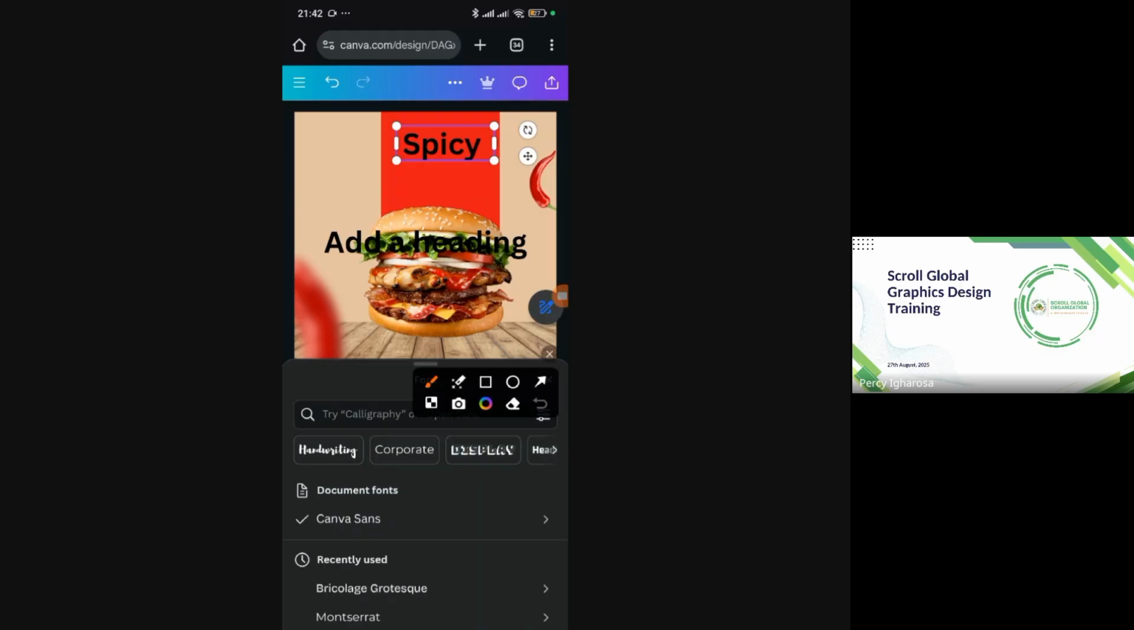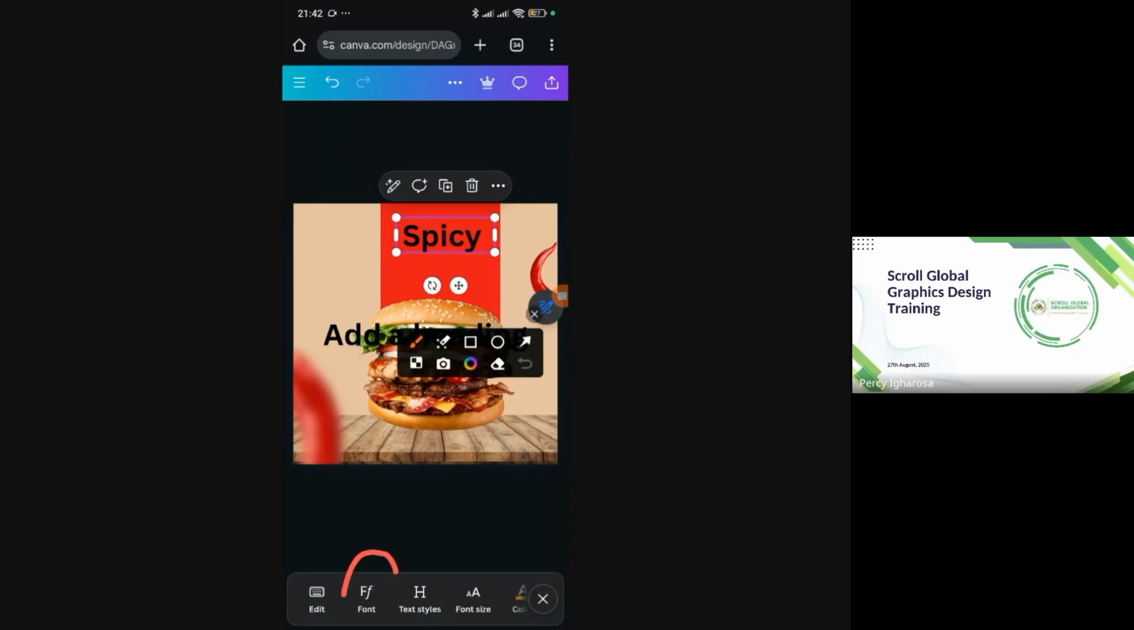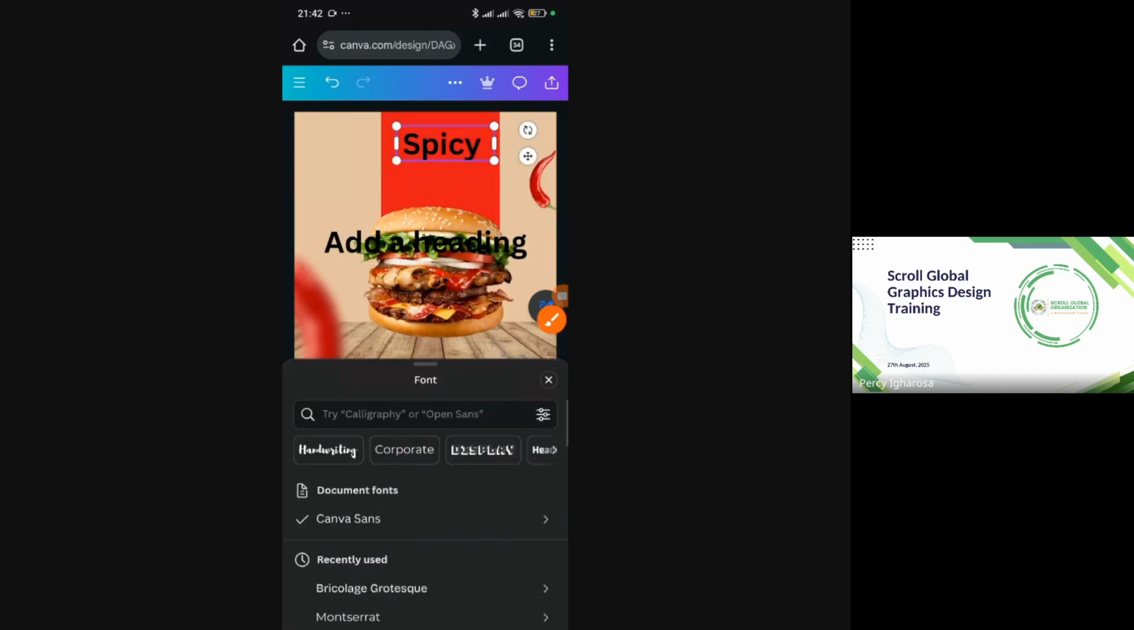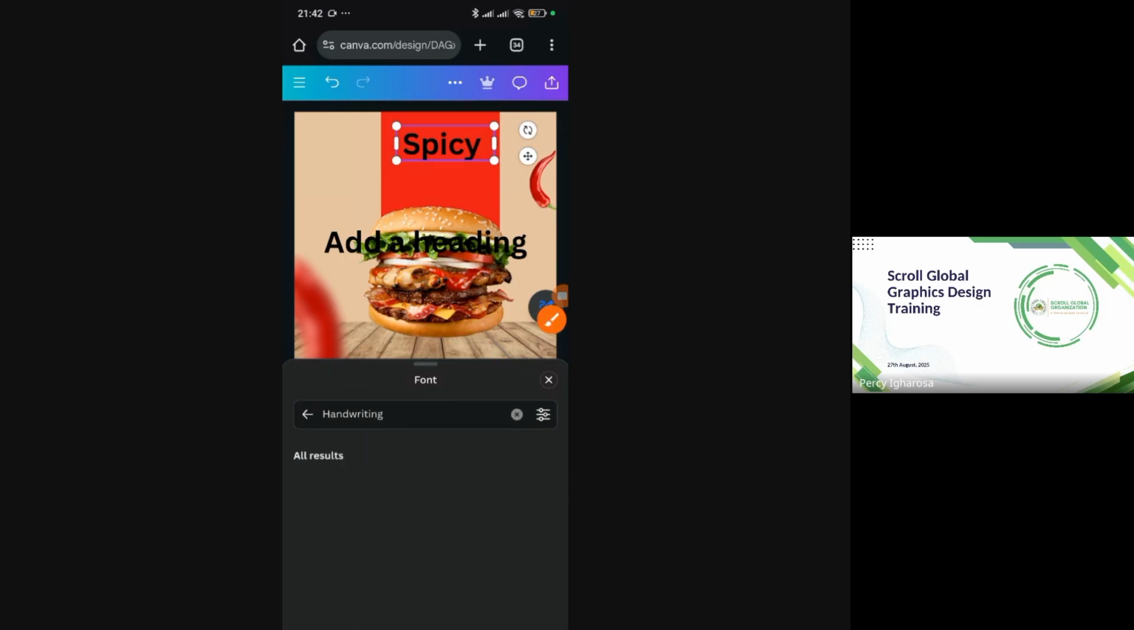So let me go back again. On this same spicy, I'll click on font. Tap on the font, then click on this arrow over here to bring it up. All right. I'll click on handwriting because I want a handwriting font on that spicy. There's something about Canva. If you're using a pro, you have access to any kind of fonts that you prefer. But if you're not using a pro, you only have access to fonts